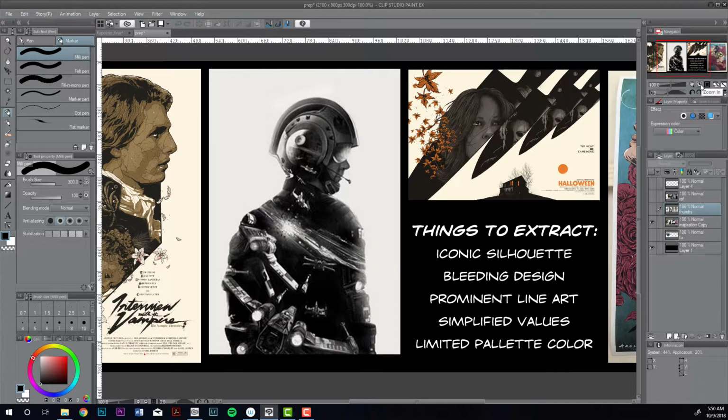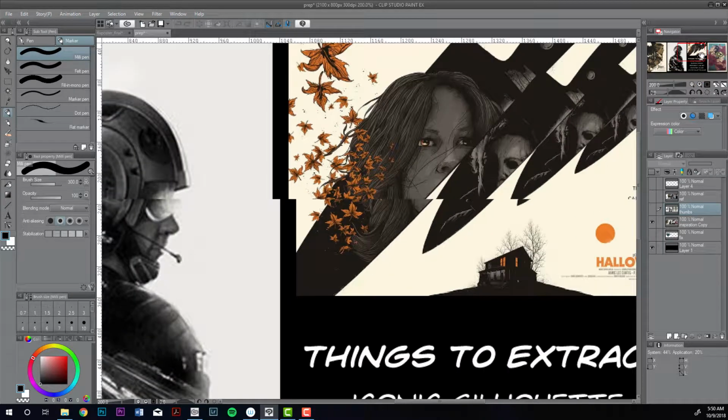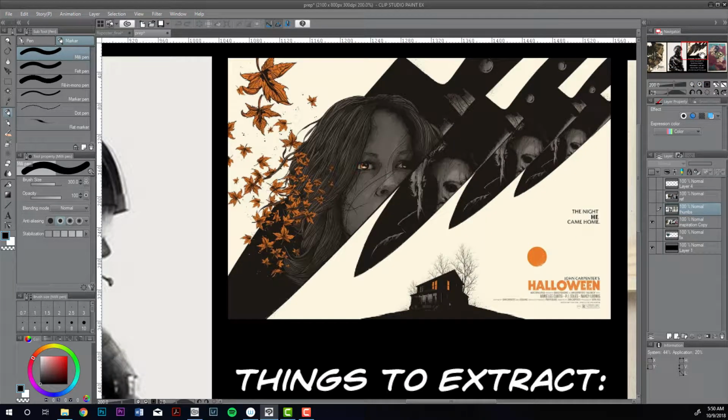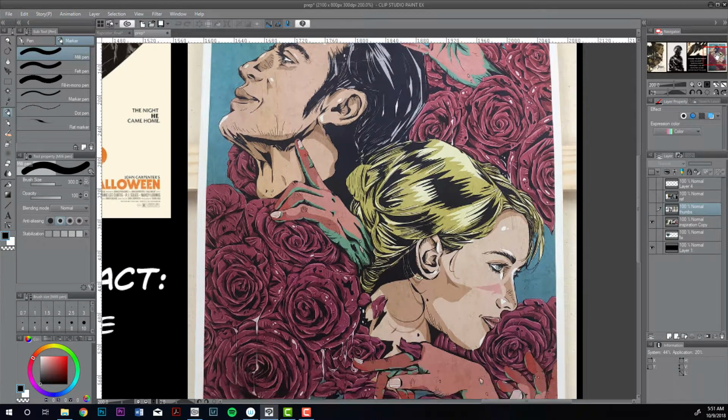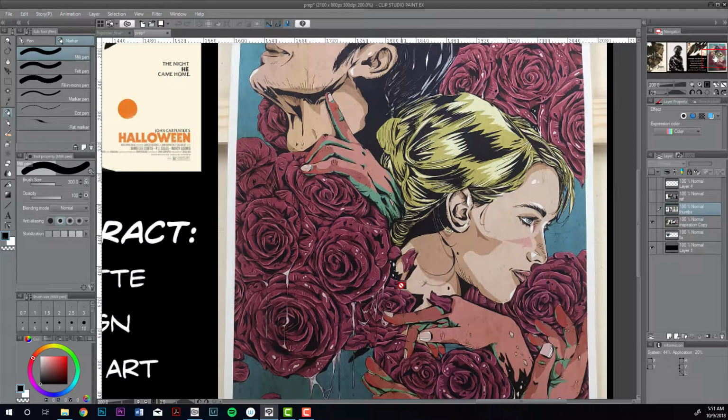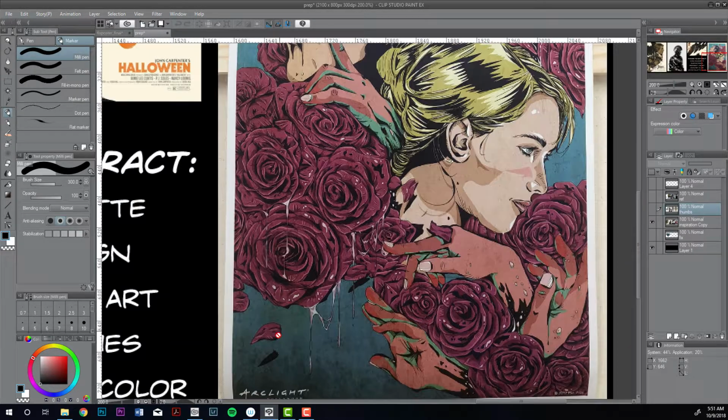And in the Halloween poster also, it might be the same artist. So over here they used the leaves. Pretty cool. Even here in the mother posters, there's some rose petals, some loose rose petals, and these drippy wet parts from the roses, I guess. But anyways,